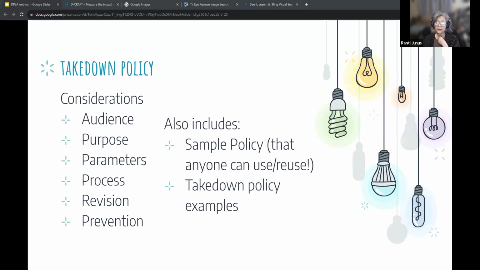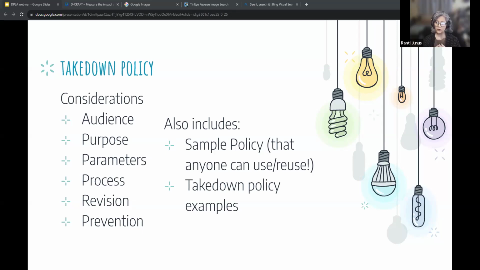So another consideration, a feature of the toolkit, is the takedown policy section. While doing the research and interviews with the practitioners, it was shown that a takedown policy is needed. This is unusual for a typical assessment toolkit, but it was one of the primary needs identified by practitioners and was a key use case that our grant set out to address. In this section,